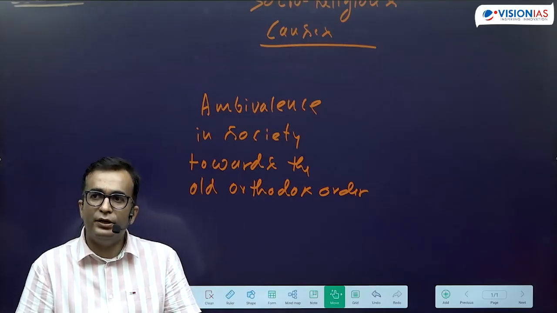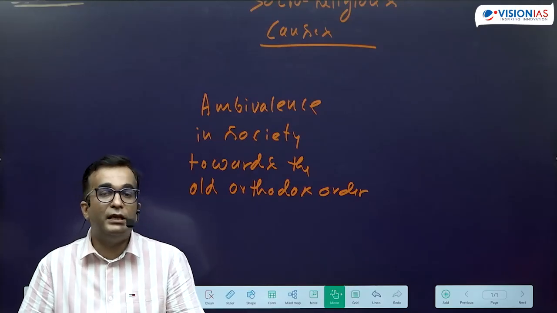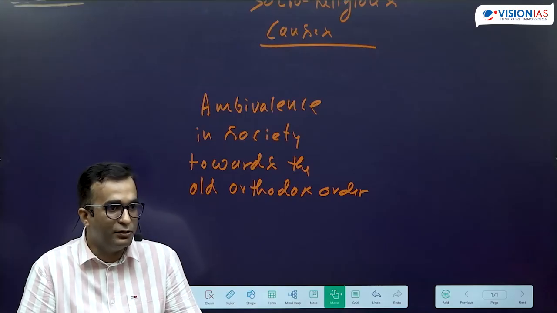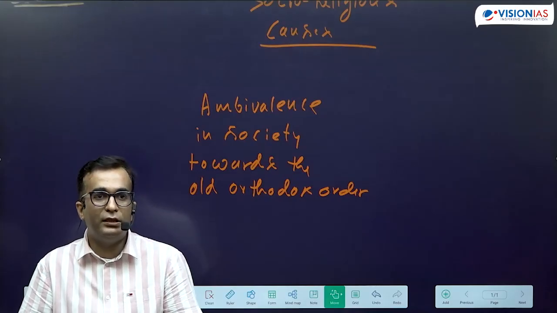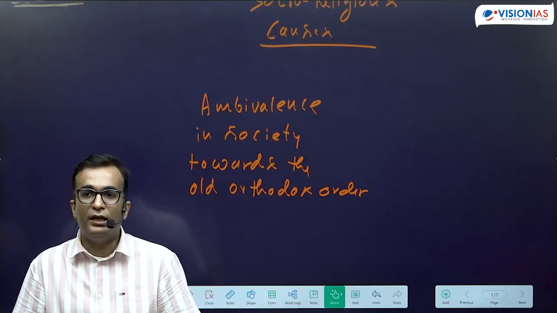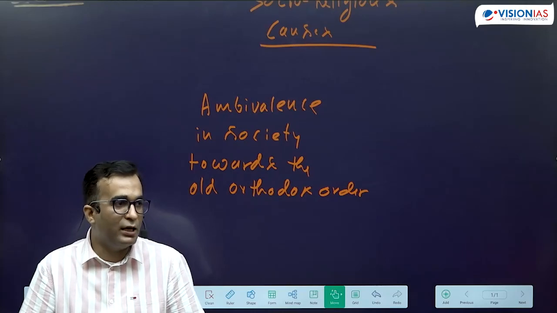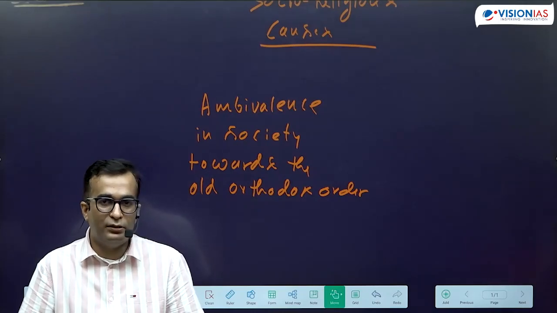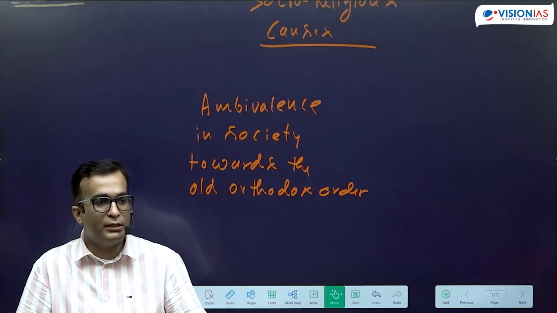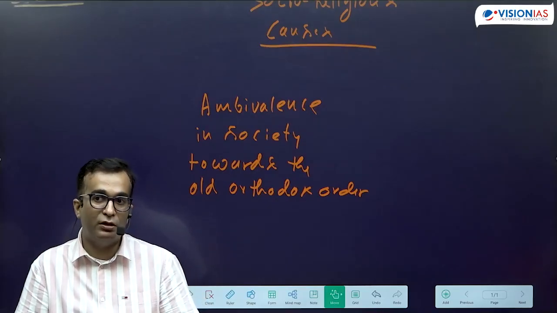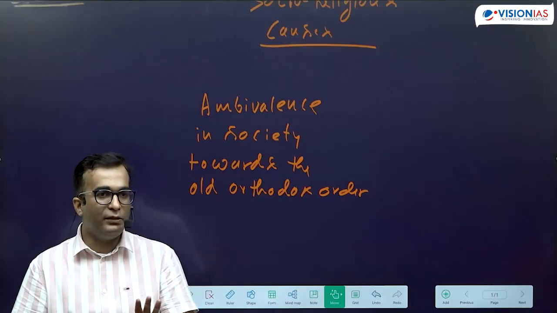And when the deterioration started, many other things emerged, like untouchability, the caste system. So when the society was going in a downward spiral, the reforms happened in the 6th century BCE. And in fact, these reforms were initiated by the upper class people themselves. It's not that the lower class people started them, but the upper class people themselves introspected about what is wrong. And you will be reading this in the Vedic part.